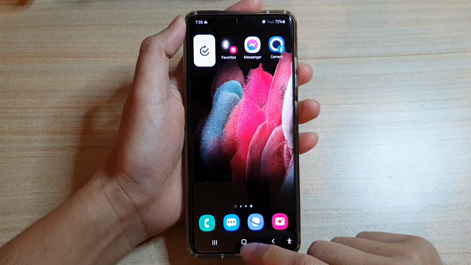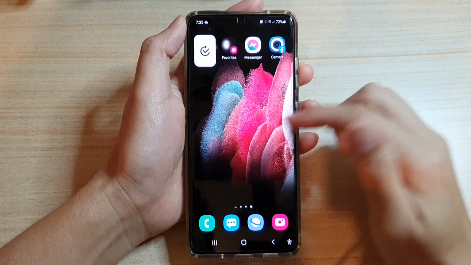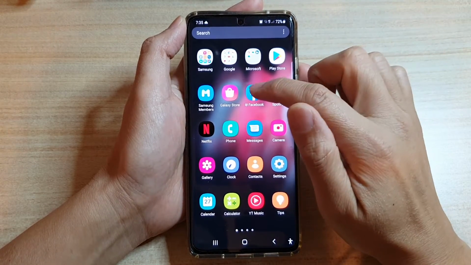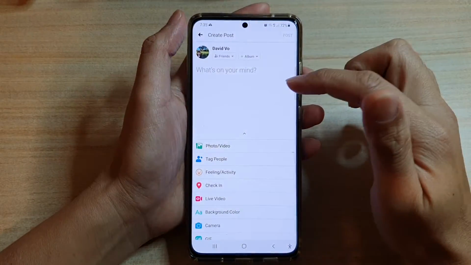Now first, tap on the home key to go back to your home screen, and on your home screen, swipe up to go into the app screen. Next, launch the Facebook app. Now once the Facebook app has launched, what you want to do is to